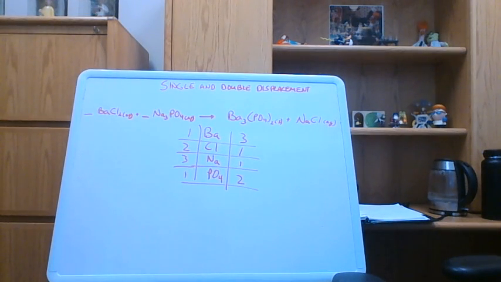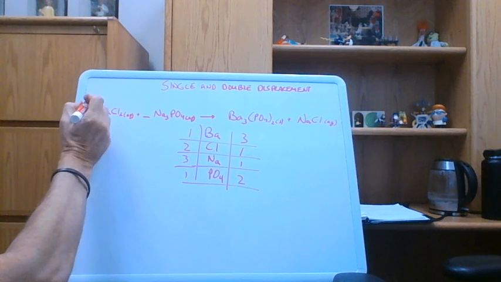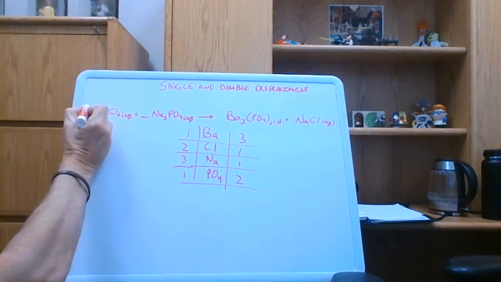So we're pretty far afield as far as being balanced. So we have an odd number of barium, but we could end up with an odd number on both sides. That is fine. So we could start by putting a 3 here